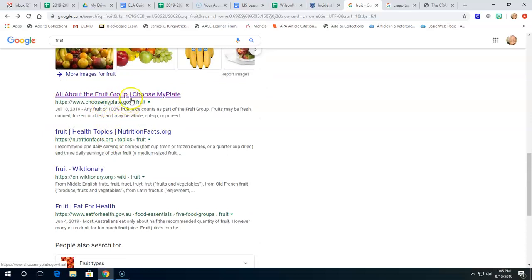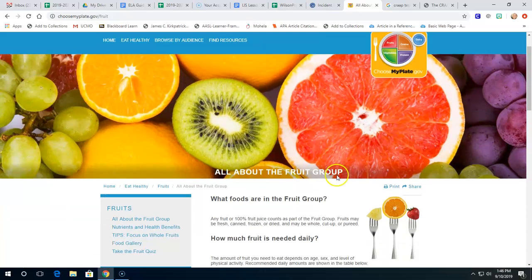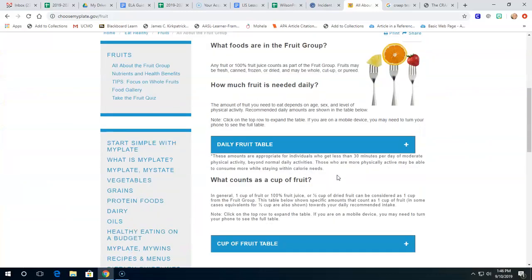Seeing here, we have a .gov. .gov is reliable most of the time, as is .edu for education, so .gov is government. We, of course, are going to use mostly .coms, maybe some organizations with the .org, but you do know that if it's a .gov, like this one, United States Department of Agriculture, we can trust this source. So then we just check for other things.